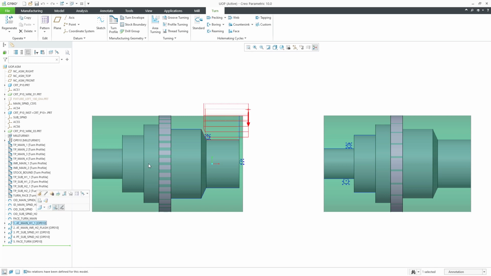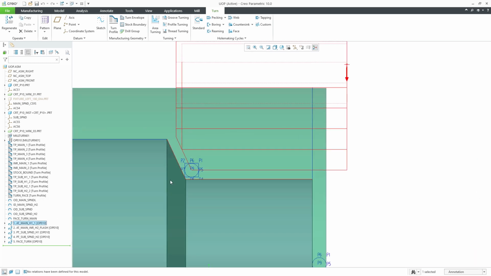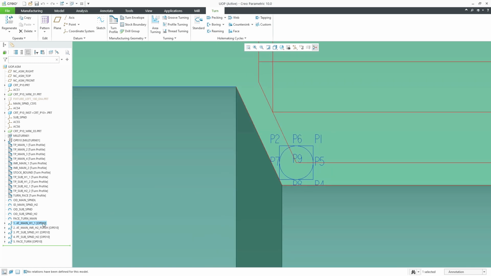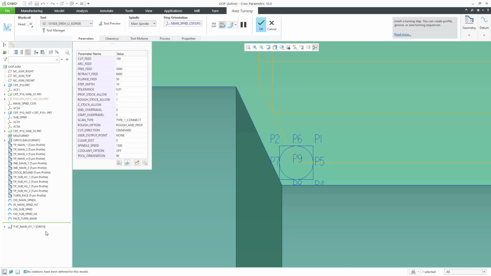In Creo 10, you can now specify a tool offset in the XZ plane of the NC sequence coordinate system for the area turning and profile turning steps using the user output point parameter. The toolpath output is offset by the nose radius value in the X direction, Z direction, or both X-axis and